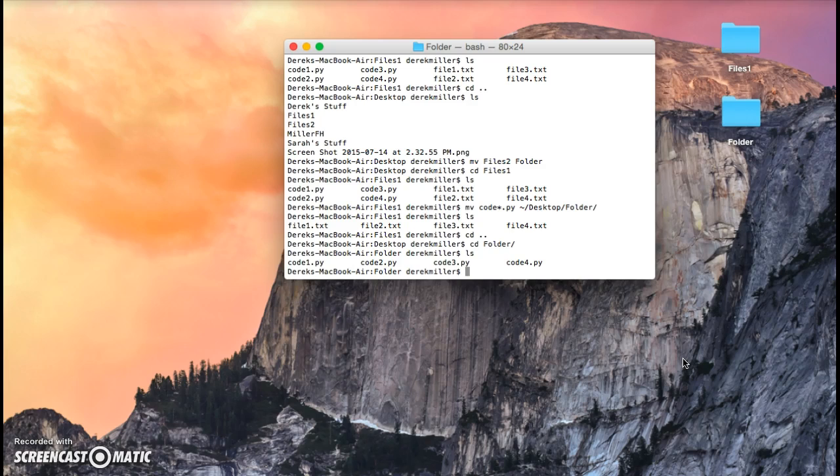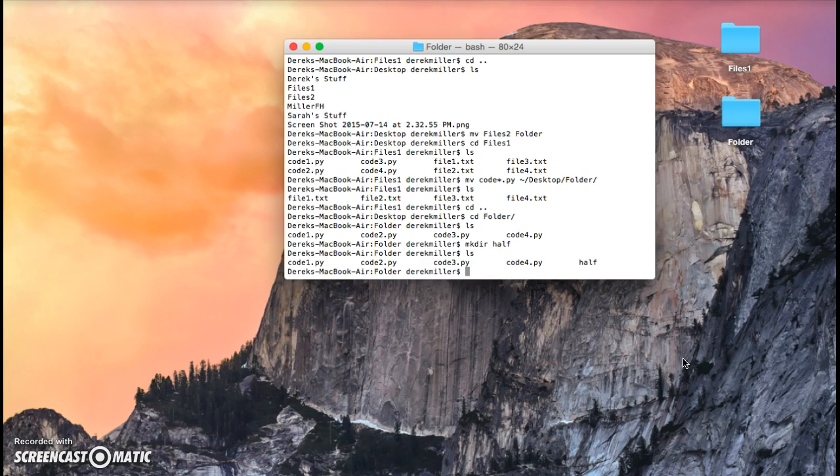There are also different characters that you can use to specify individual characters. So for example, if I wanted to, we'll make a directory inside of the folder directory and we'll call it half, because we'll put half of our code there. So now we have a directory, it's called half, and we want to move 2 of our code files into the half directory. So the way that we can do that is we can say move, and then